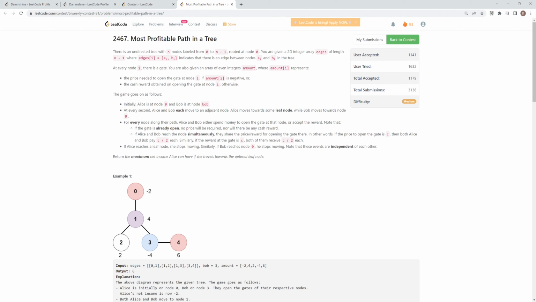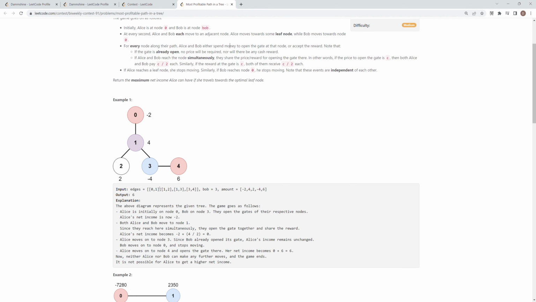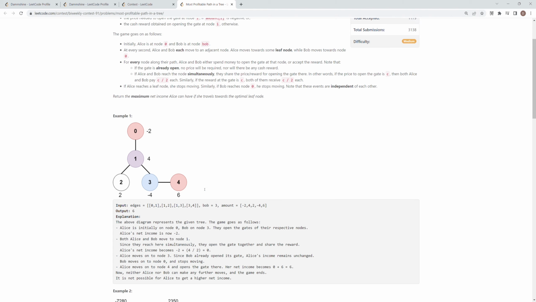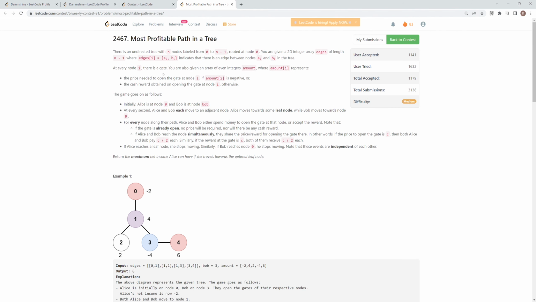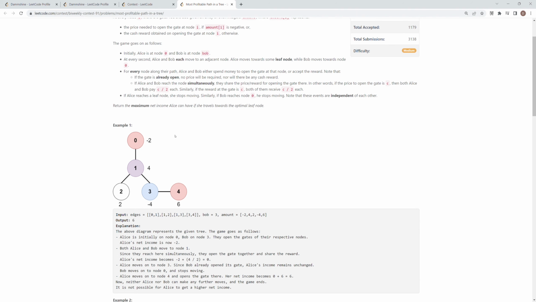Today we're going to discuss a question that appeared in the last bi-weekly contest, the third question, which is 2467, Most Profitable Path in a Tree. The question gives an undirected tree in terms of an array of edges, and then describes a situation such that Alice starts with node 0 and Bob starts with a random node, and then Bob walks to node 0 while Alice walks to another node